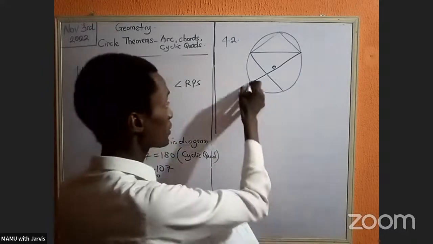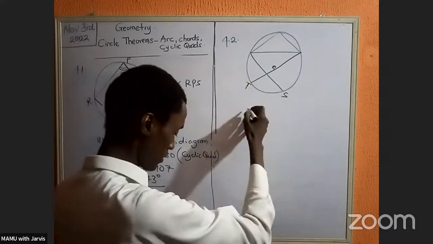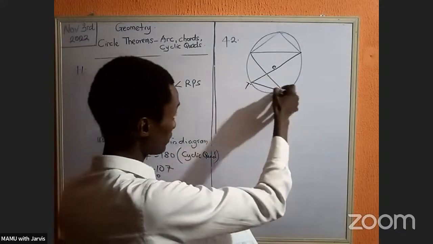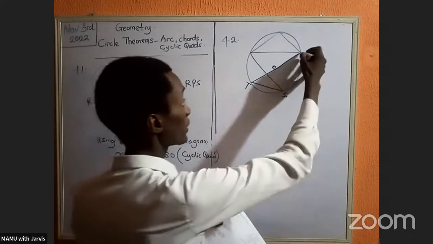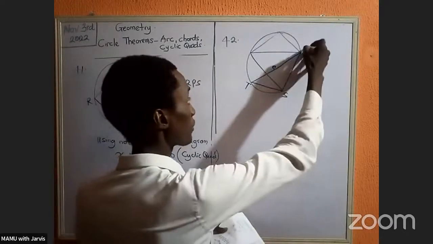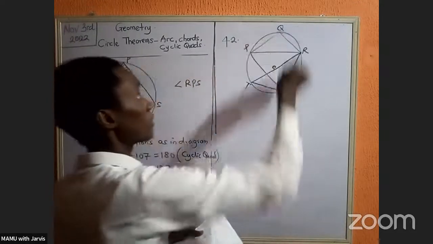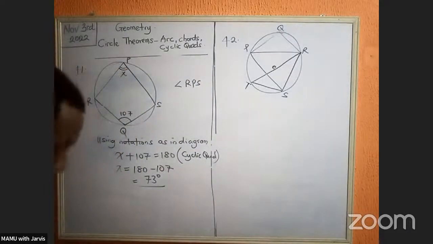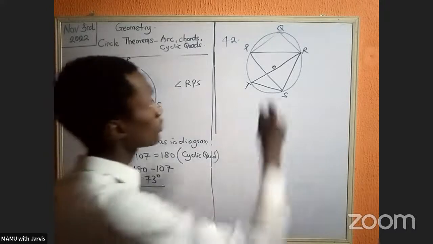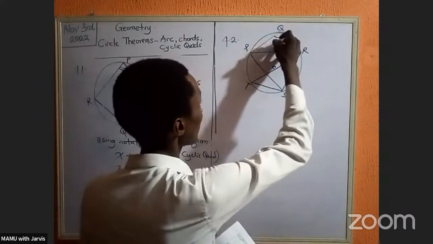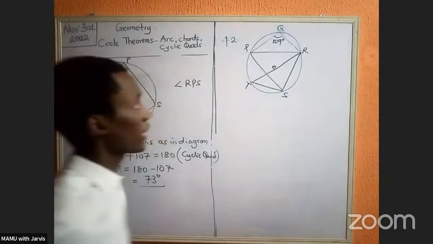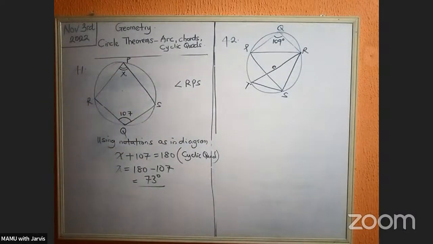So I want to have T, I'm going to have S covered again. This arrow is always named in an order. So P, Q, R, S, T, right? Now, I'm told that this angle here is 109 degrees. Now, I'm told to find